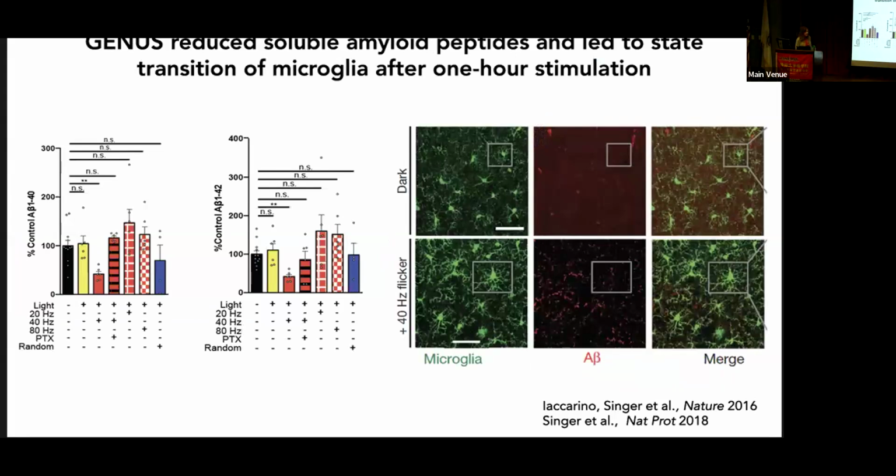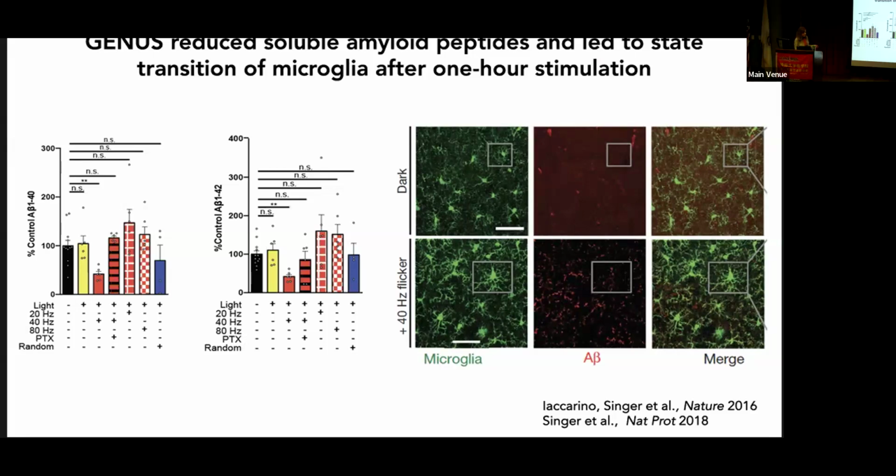So we quickly were able to show that with sensory stimulation, just 1 hour, we were able to show reduced beta amyloid peptides in the brain, specific to the 40 hertz stimulation, not with 20 hertz or 80 hertz or random frequency stimulation. But very early on, we also realized that this stimulation not only